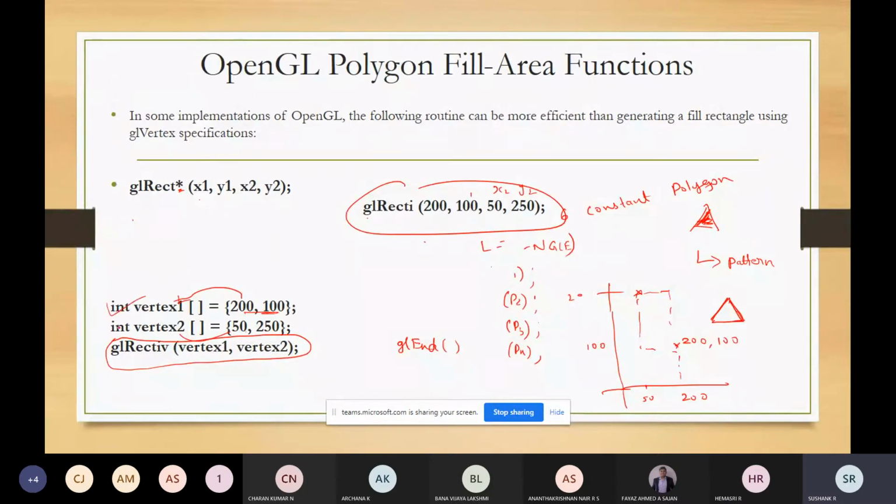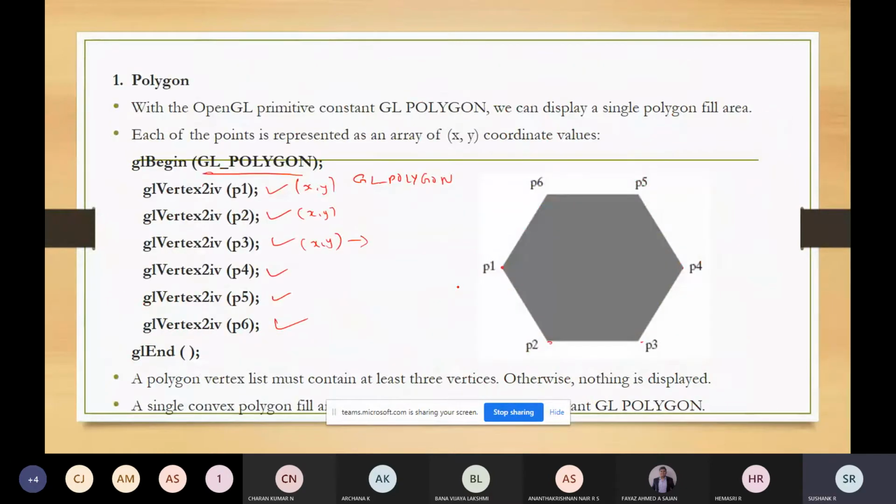So they have stored the x and y value like this, and they're passing P1, like P1 of array is equal to some 50 comma 100, and that P1 they're passing as the parameter. Then P2 of array will be like 100 comma 200, so then they're passing P2. So that is the functionality of this GL polygon.